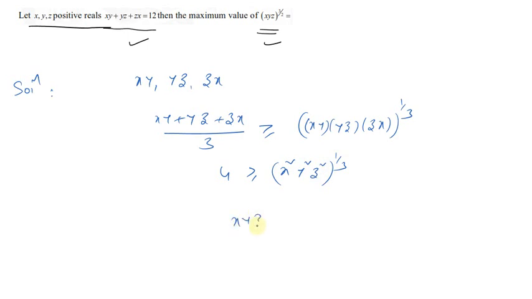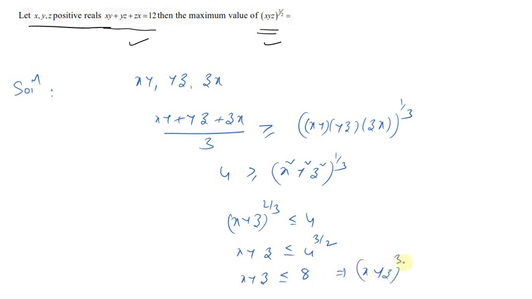So you are getting (xyz)^(2/3) is less than or equal to 4. So xyz is less than or equal to 4^(3/2), that is xyz is less than or equal to 2 cube. I mean this you can write as 2 square, 2 gets cancelled, 2 cube, 8. And you have to calculate